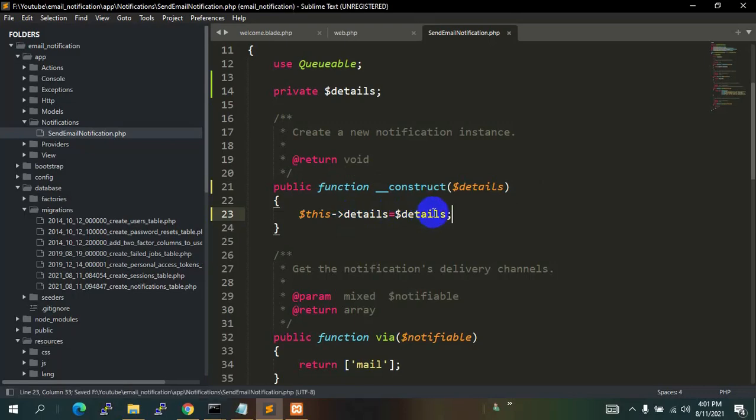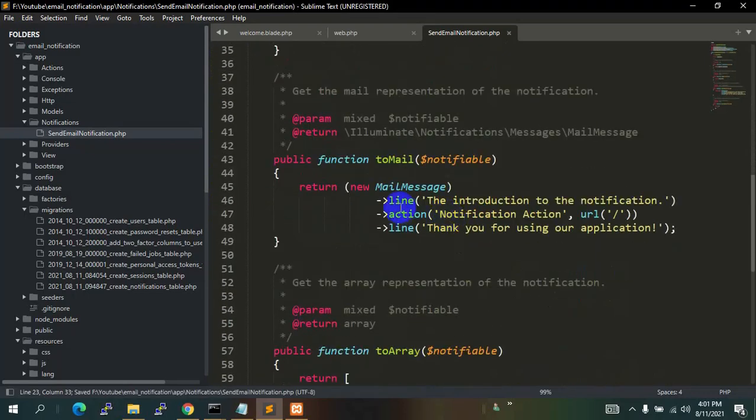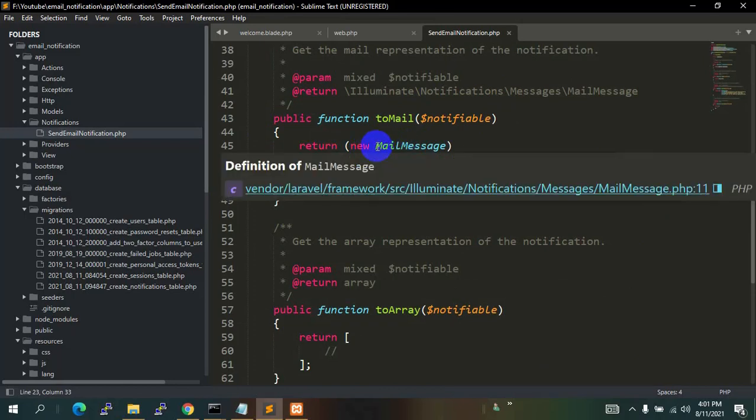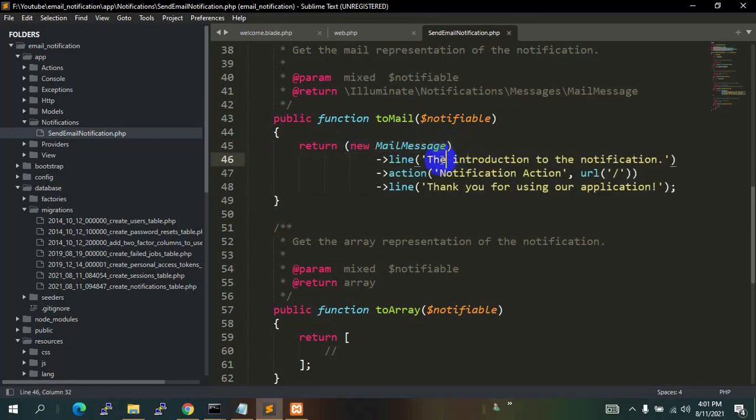Now we'll go down, and over here you can see public function toMail($notifiable). Now in this, you can see return (new MailMessage). Now inside this you can have multiple lines like this. Let me just add one more line just to make it clear.